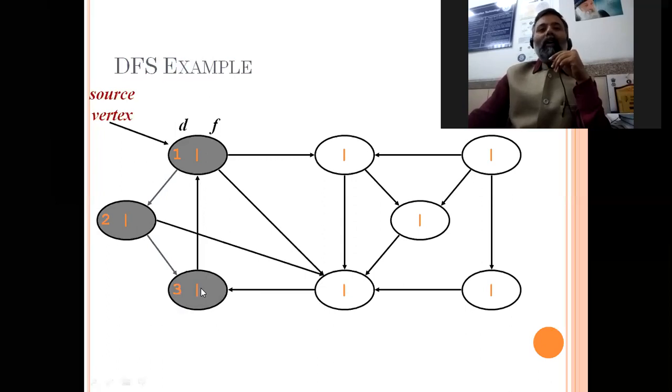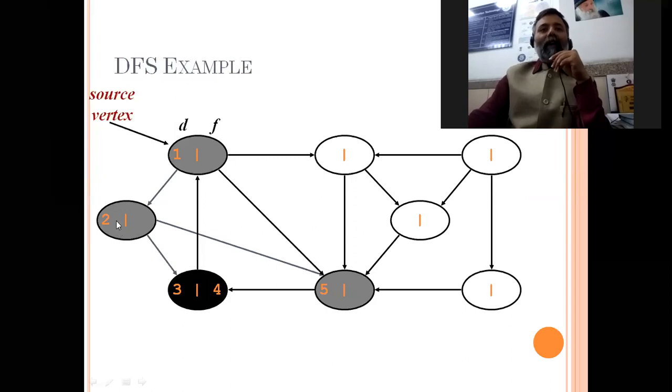Now, from this node, we do not have any outgoing edge. We have this one, but the color of that node is gray. So that's why this is a dead end. So we will backtrack. Its color will now be black, and we increment the time, so the finish time becomes 4. We are representing the left side as the discover time and the right side as the finish time. Okay.